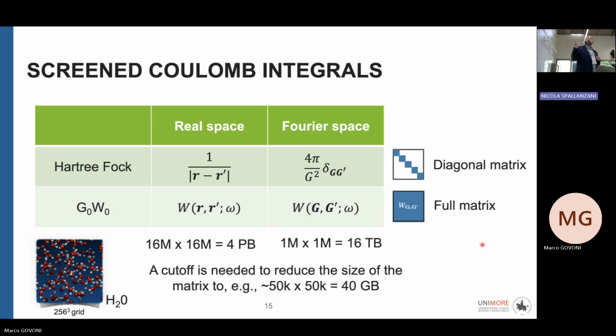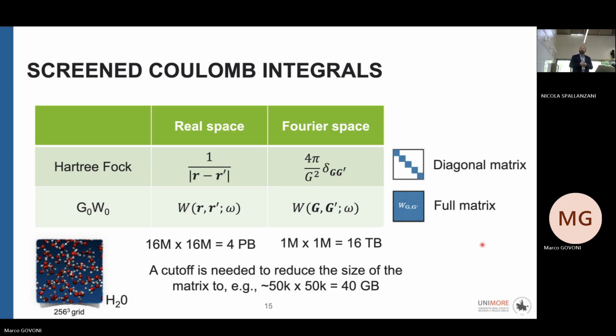But in GW, the quasi-particle interacts with the screened Coulomb interaction W. This is what gives the name GW. And it's a non-local operator, just because there is screening in the material. So the screening makes this non-local. And there is also retardation, so we see frequency appears here. One can still take a Fourier transformation of this object, and you have now a full matrix. So a big matrix that is no longer diagonal, just because the screening of the material can couple the off-diagonal elements of this matrix. This means that the perturbation with a given energy can couple to a response with